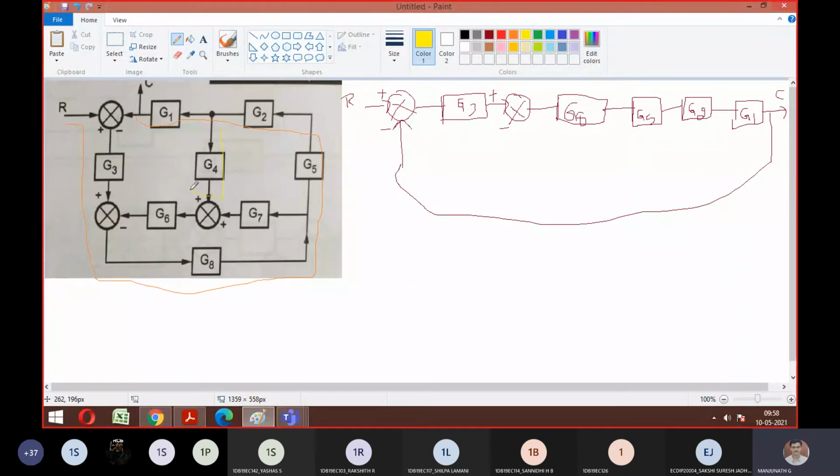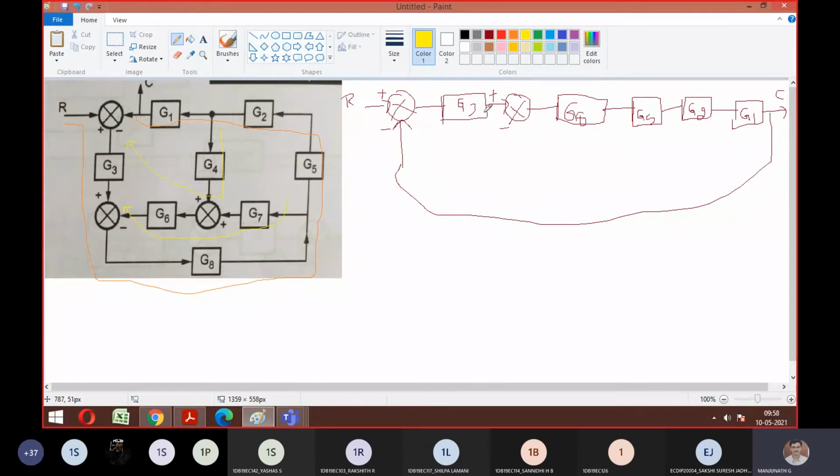So this connection to this, and similarly this connection to this. So you only have two, correct? Yes, sir. So now we will try to trace this inside here. Then we will go with the next procedure.